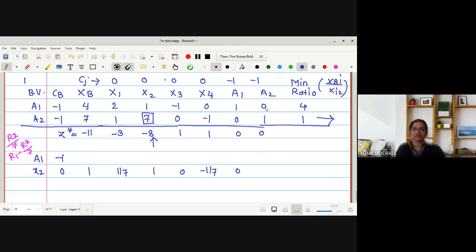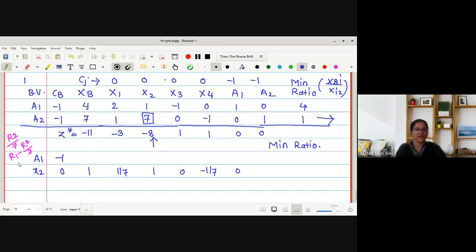Sorry, here this entry I am not going to write. Therefore, here I will write directly minimum ratio. I am not going to write that A2 entry because A2 is an artificial variable going to leave the basis. Once an artificial leaves the basis, at any cost we don't want to make it as an incoming vector. Okay, we should not take it as an incoming vector. We will drop A2. Therefore, here we will stop only.